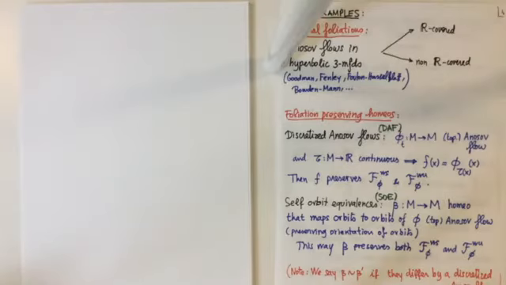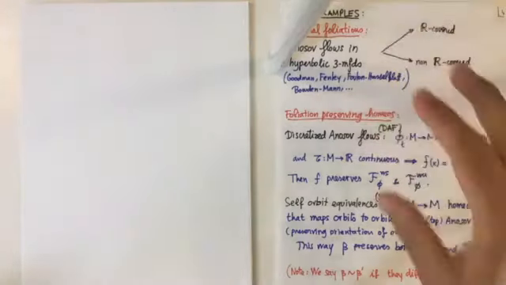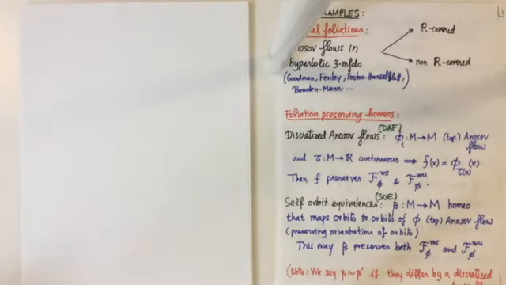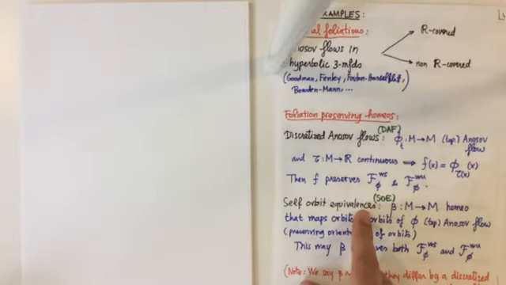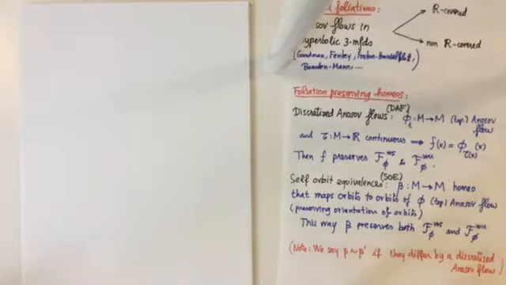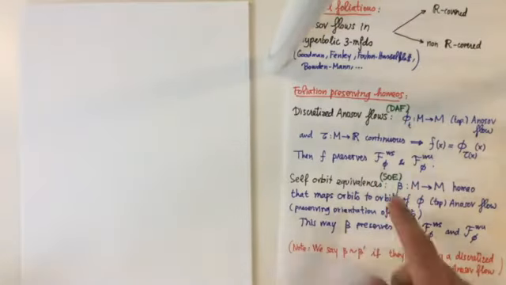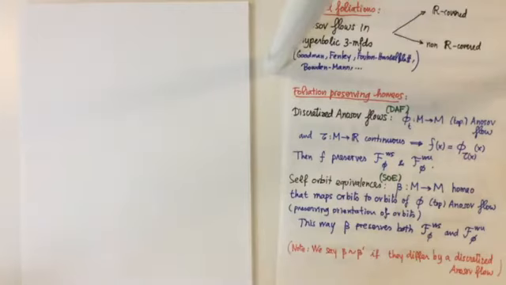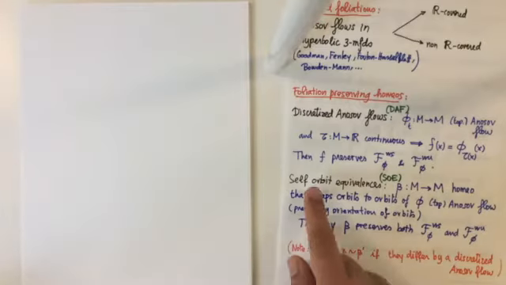But in general, there are other homeomorphisms of 3-manifolds supporting Anosov flows that preserve the foliations. In fact, Anosov flows come with two foliations, and there are homeomorphisms that preserve both of them at the same time and are called self-orbit equivalences. And we will say that self-orbit equivalences are equivalent if they differ by a discretized Anosov flow. So we would like to say that this kind of map, which is certainly preserving all the orbits of the flow, is a trivial self-orbit equivalence. It's not permuting the leaves. But there are other ones.